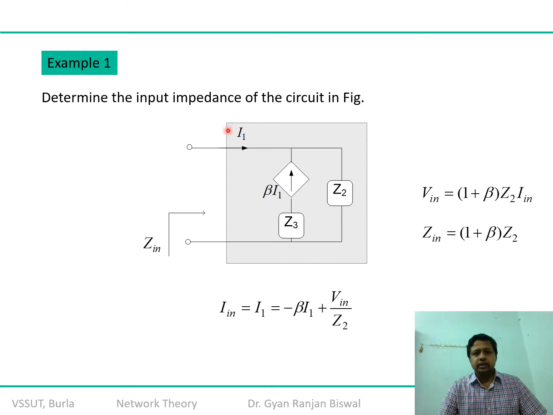And therefore if you see, this input current is I1, though you have a single pair of terminals, ultimately current and the response will come back through the same terminal only. But this particular source, βI1, is a kind of current source whose response depends on this input current. So therefore it is a dependent source. If you are asked to calculate the input voltage or input impedance of this particular network, I hope that you will be able to appreciate it.